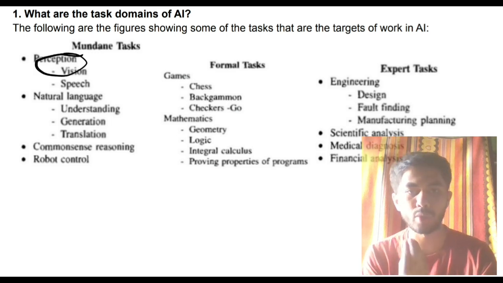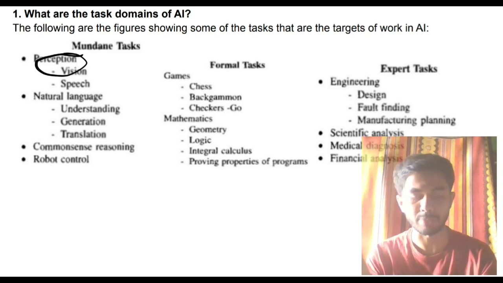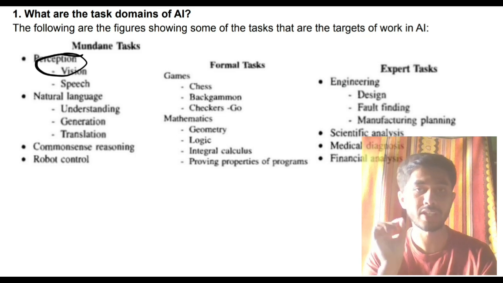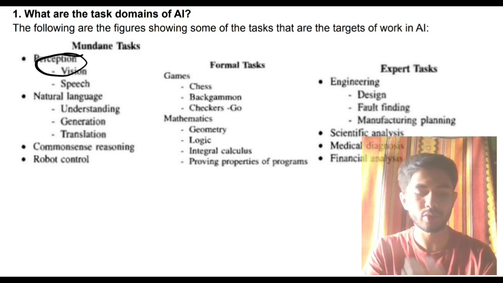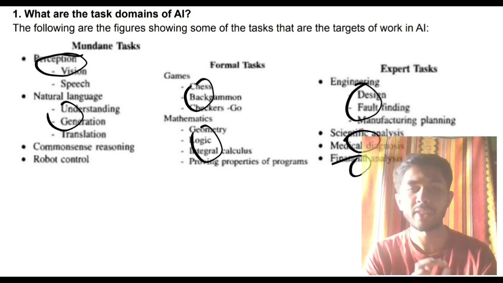Perception means where all perception is used in artificial intelligence. You are seeing something, you are detecting something, you are classifying something, there perception is used. As long as you write some relevant stuff, it does not matter what you write. Don't worry much, you just have to write more things which are relevant to what you are writing. That's all you need to write for each of these things. You can easily get to know what things are applied here, and you can fill the answer script.